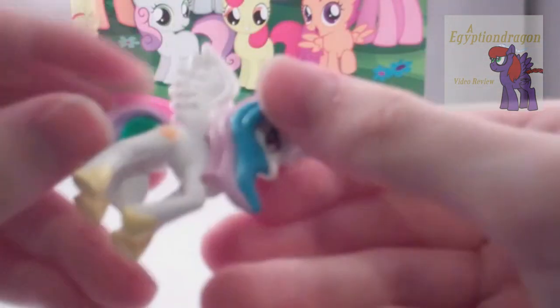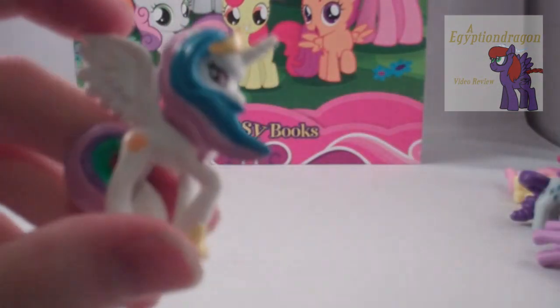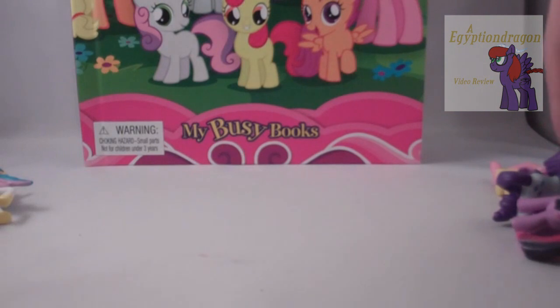She's pretty badly painted. There's a lot of missing paint, and the sculpting is alright, but look at that face, it's meh. Also, it looks like right here it's supposed to be painted, but it's not. It's weird looking. She's actually, if you think about it, an okay figure. I mean, she's a white Celestia, so that can't be bad. I mean, they have made a blind bag of Celestia, but I don't have her, so I guess it's okay. Moving her off. I'm gonna pick out